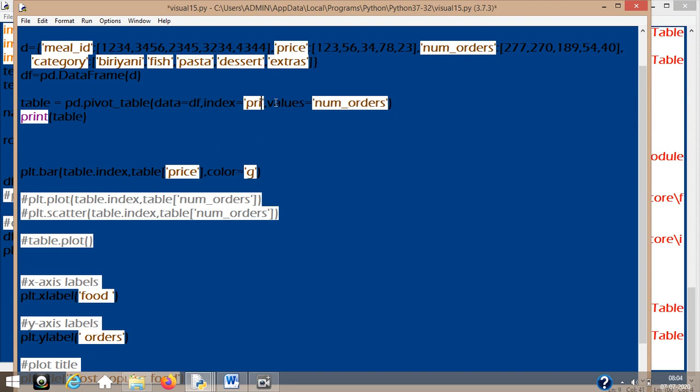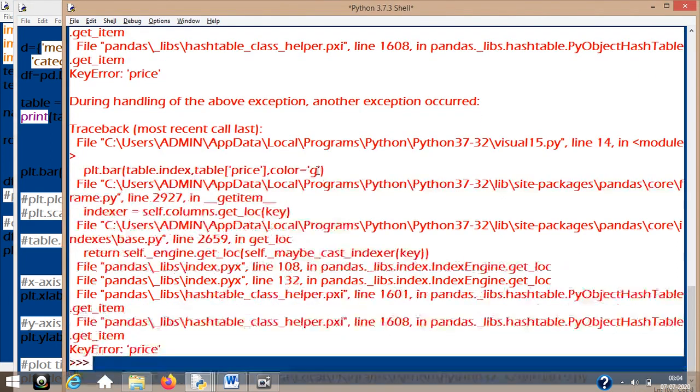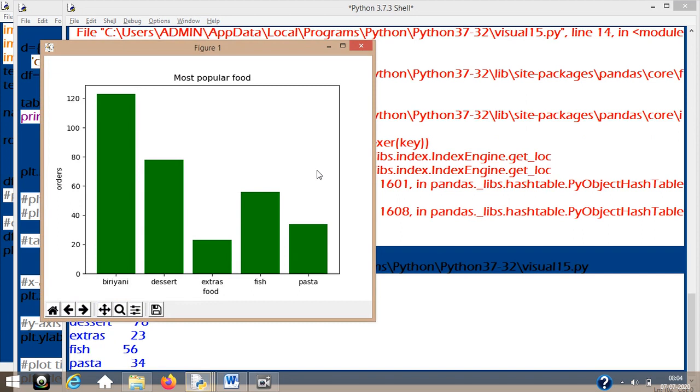I should have given category itself here because that is not changed, and I should have given price here, because the x-axis always takes index and the y-axis always takes values. Now let's run the program. In one way, it's good that I make some errors over here so that you will know what is to be kept in mind.